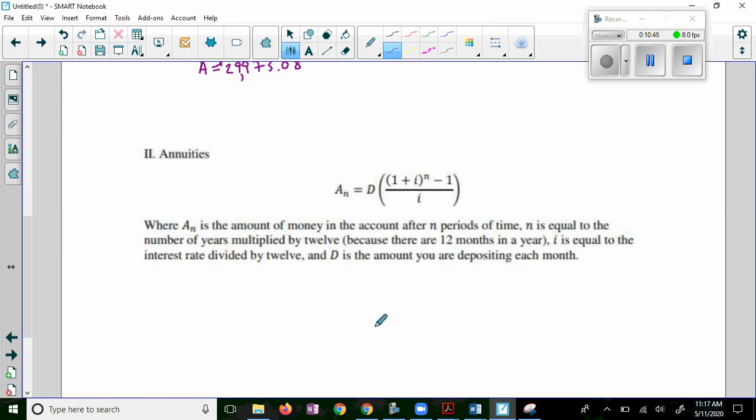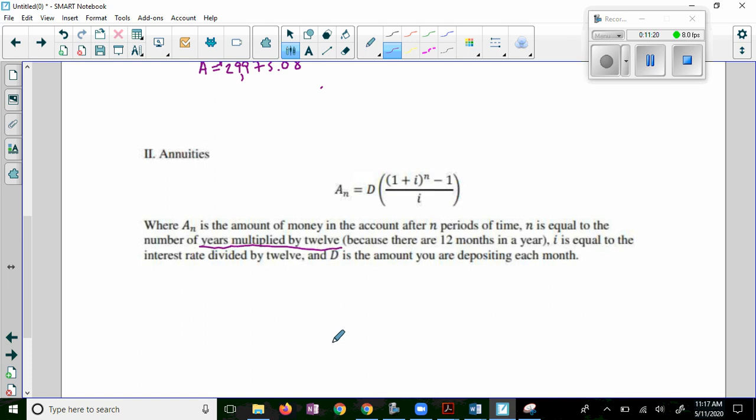You have your annuities amount, so A sub n is equal to D times the quotient of 1 plus i to the n minus 1 over i. A sub n is the amount of money in your account after n periods of time. n is equal to years, which is different because up here t was the number of years, multiplied by 12 because there's 12 months in a year. So it's number of months essentially